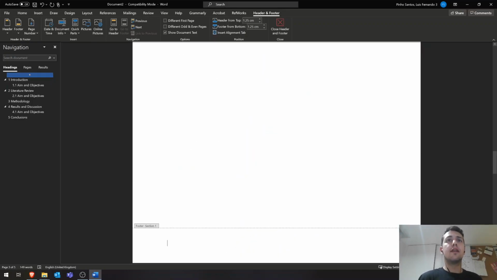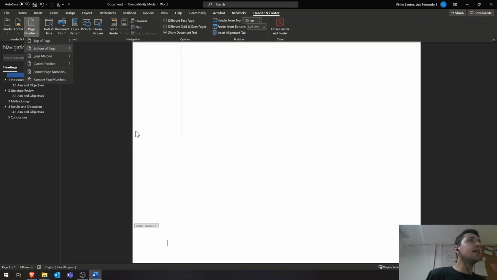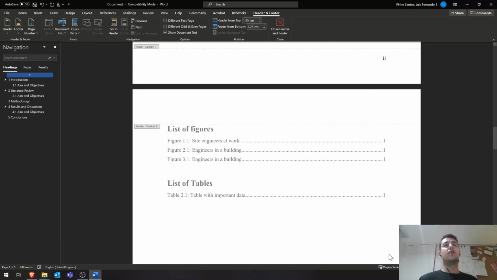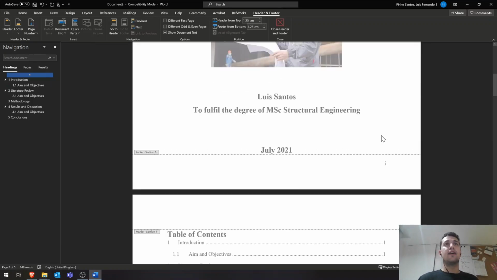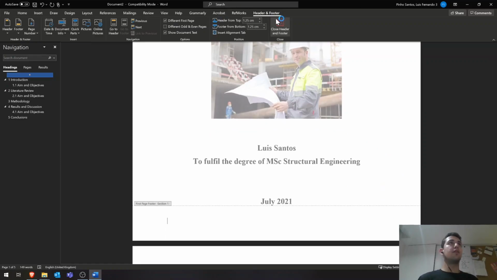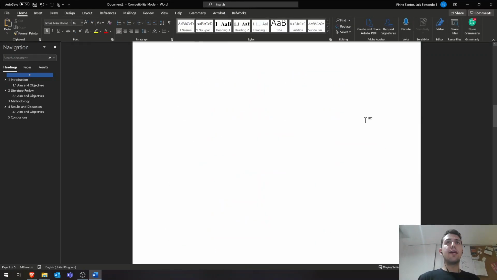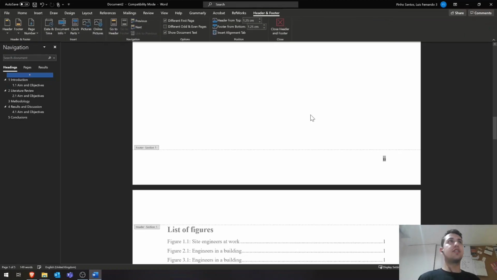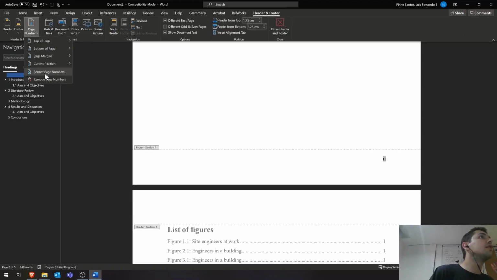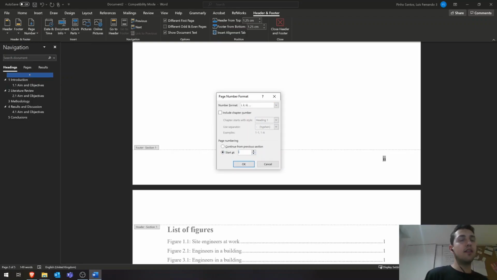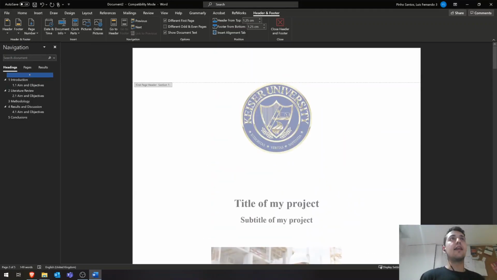Let's do it again. If I go here, page number, and I put bottom of the page, maybe I need to do this first, and here we go. So this is page I, and this one, it's easy to fix by making different first page here, and now this disappears. So let's have a look. This one is without the page, this one is with page 2, so I want to change this to page 1. So same as before, format page numbers, and let's start this one at I,